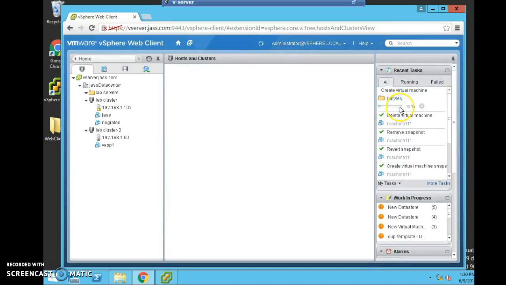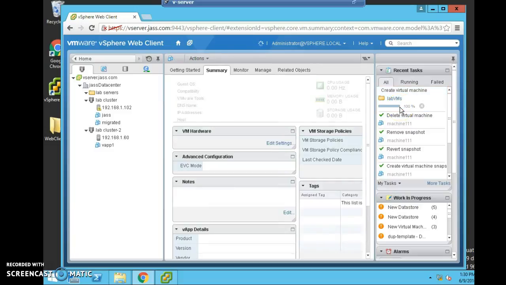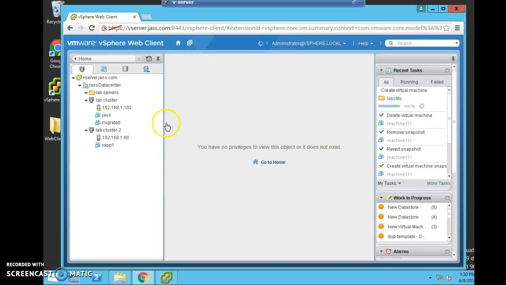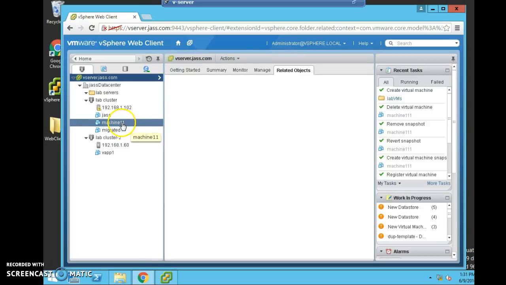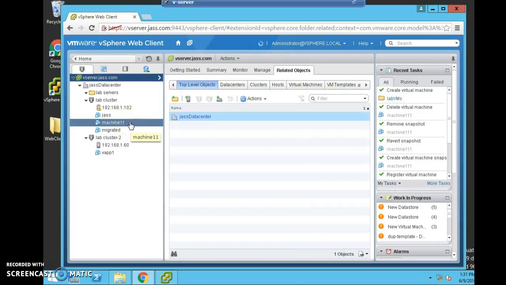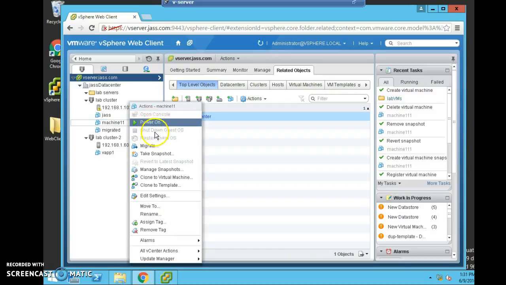You can see the process over here. It will take some time to create a new virtual machine. Now it's created. You can see the result in the left pane. Now it's loading. Yeah, you can see the virtual machine 11 is created. Now we right click on this machine. It's already powered off, but if it's powered on, then please power it off before removing it